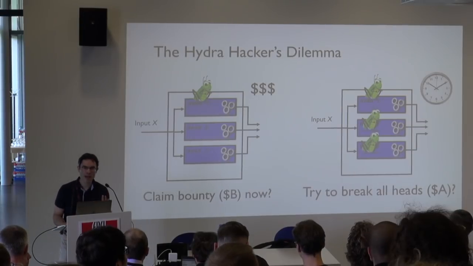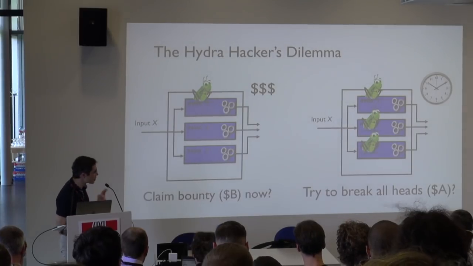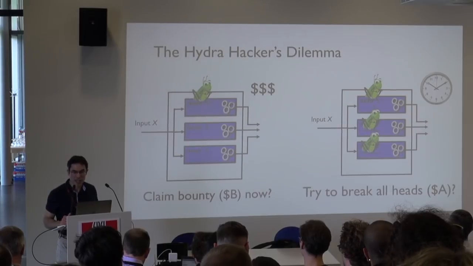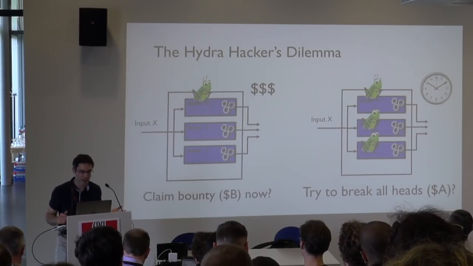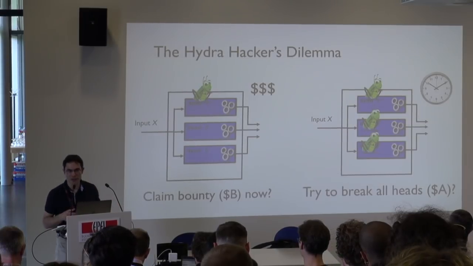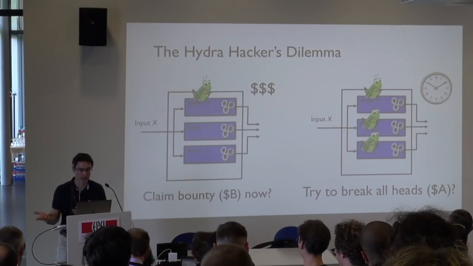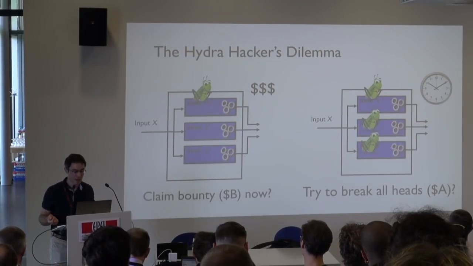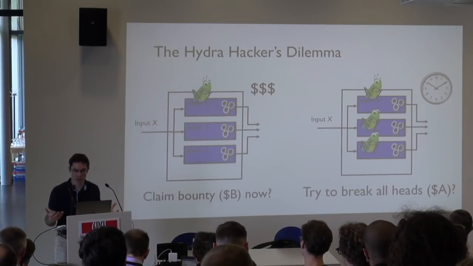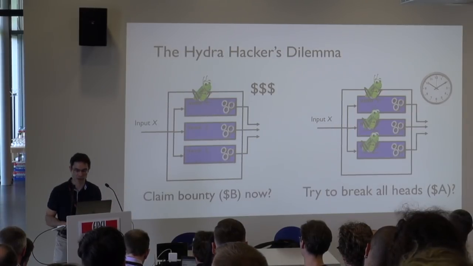But there's a risk in waiting here. If the attacker waits too long, there's a chance that somebody else will discover a flaw, a bug in one of the heads of the program and claim the bounty. And then all the attacker's hard work gone into discovering this vulnerability will go out the window. The attacker can no longer claim the bounty because it will have been claimed by somebody else. So trying to break all 3 heads carries some peril at the point that you've discovered one. You've got a bird in hand and you risk it if you try to break the program as a whole.